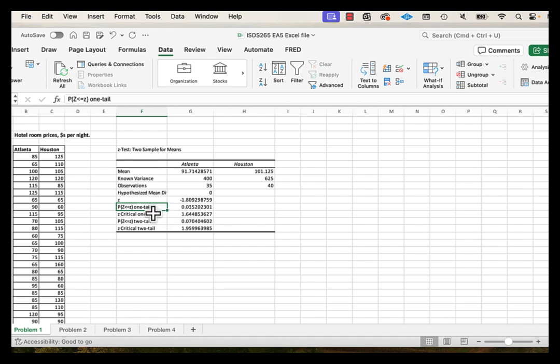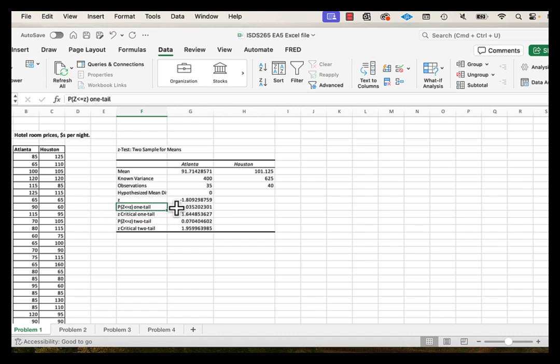Now, our claim, again, was that the mean price of a hotel room in Atlanta is lower than the mean price in Houston. That does not contain an equal sign, so that becomes our alternative hypothesis. The null hypothesis is that the mean price of a hotel room in Atlanta is greater than or equal to the mean price in Houston. Okay, so it's a one-tailed test, so you just need to look at the p-value, and it says here P(Z<=z)